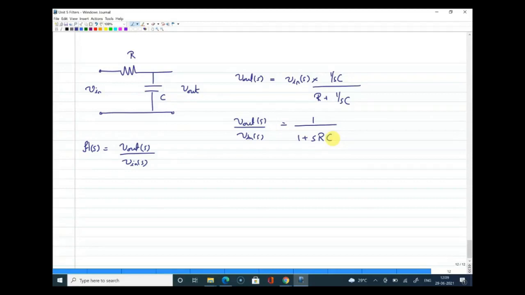Right. For any transfer function, you can identify a numerator and a denominator. From this transfer function, you can get some more information. After writing the transfer function, we can equate the numerator to 0, which will give you the zeros of the transfer function. Similarly, you can equate the denominator to 0, which will give you the poles of the transfer function. I hope you have heard about zeros and poles. Have you ever heard about zeros and poles?